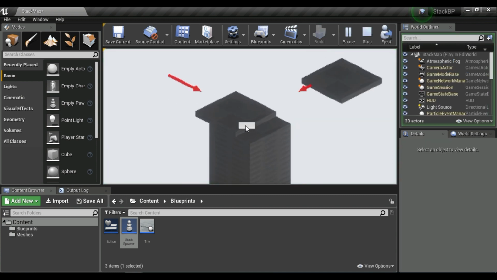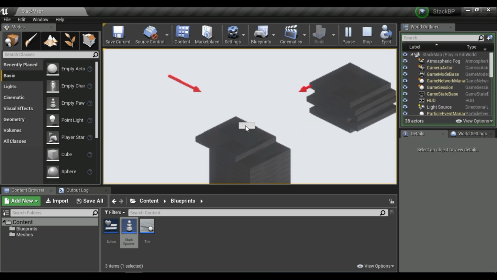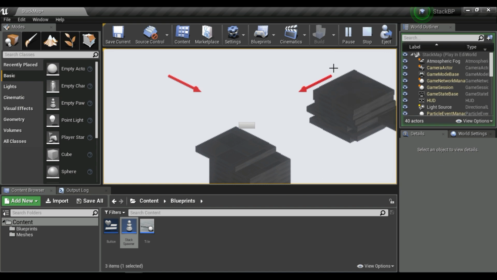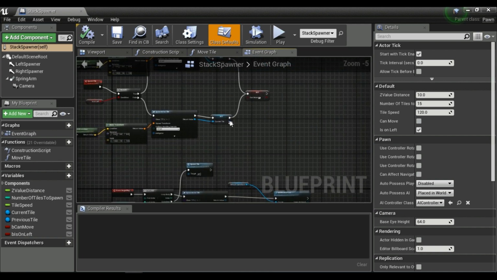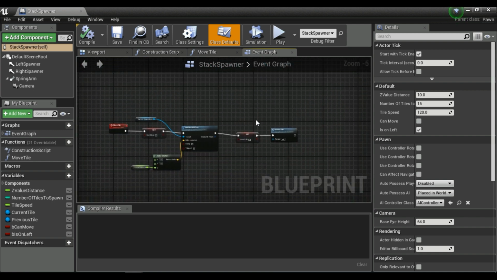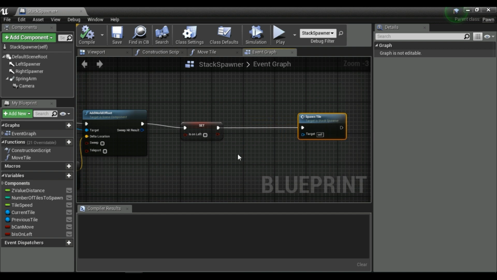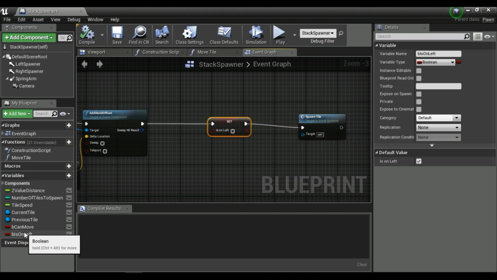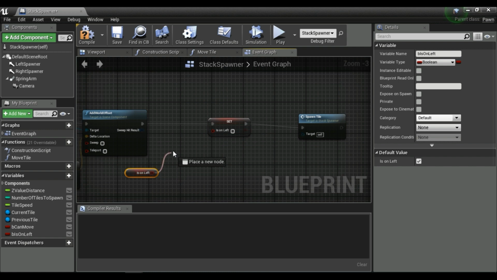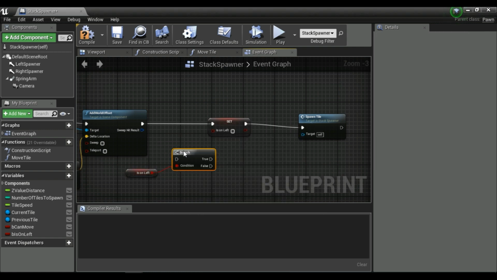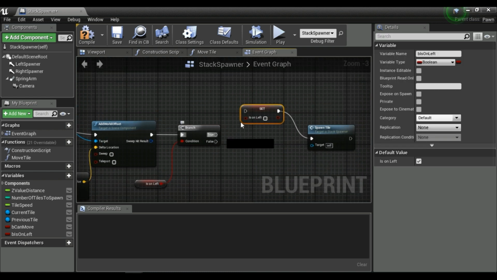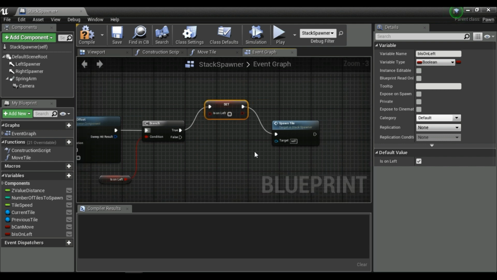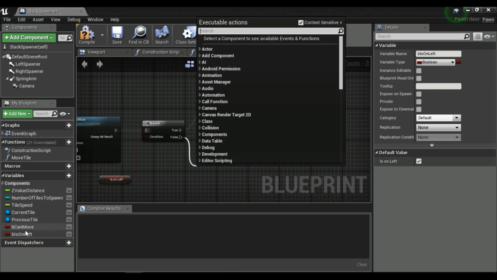Now we have to do something. It will always spawn on the right side, and you see that it doesn't go in the good direction. So in that case, what we need to do is go to B is on left. So if this is on left, branch is equal to true. So if it is on left and we placed it, then put it that it's not on left but it will go right. So if it is false,